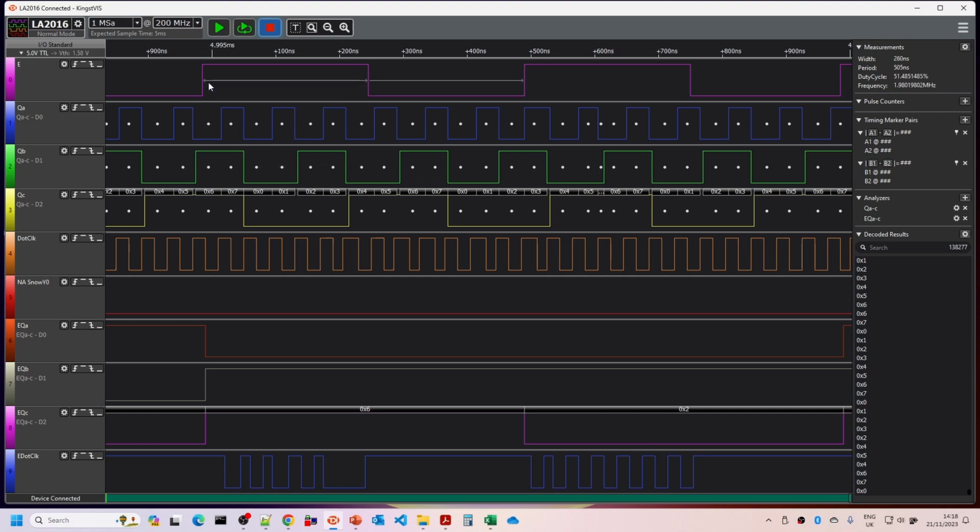And the issue here is that the E signal and these signals go in and out of phase. What we'll be able to see with that is the two sets of numbers. If I just show over here, we've got two analyzers, one showing QA to C, the other showing EQA to C. So that's the QA to C signals latched by E. You can see that when E goes from low to high, then these down here should be being latched. So let's add a timing marker at the beginning of these two periods.